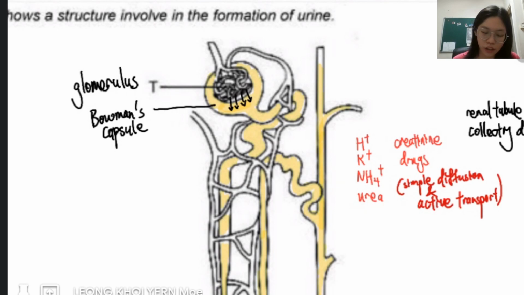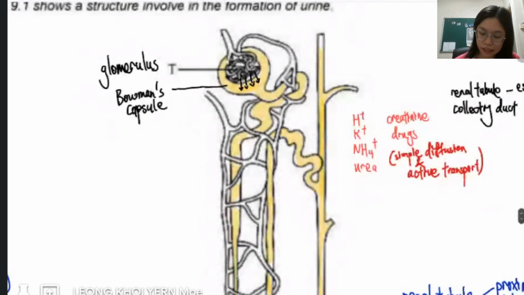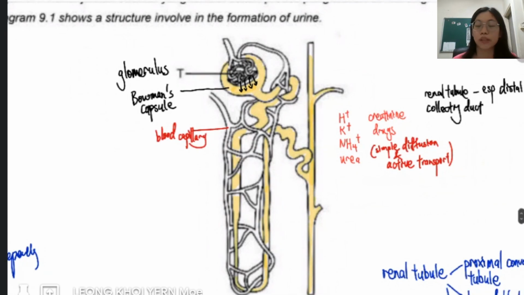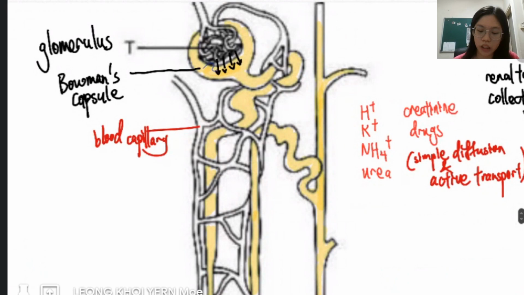This one is just the renal vein. This is all the blood capillary. The one I didn't shade in yellow is the blood capillary. Basically we need to absorb some substances for our body to use, so they will be absorbed into your blood capillary. Followed by this Bowman capsule, it leads to your